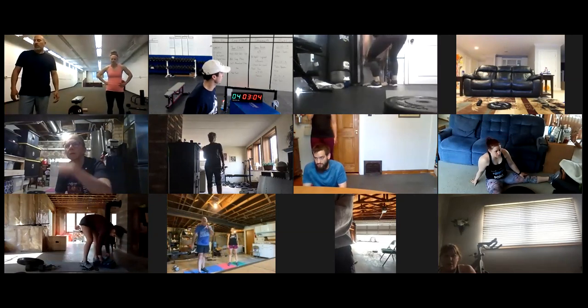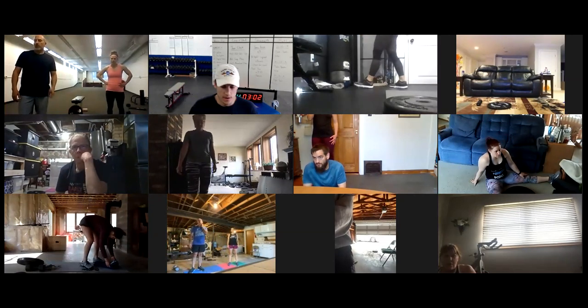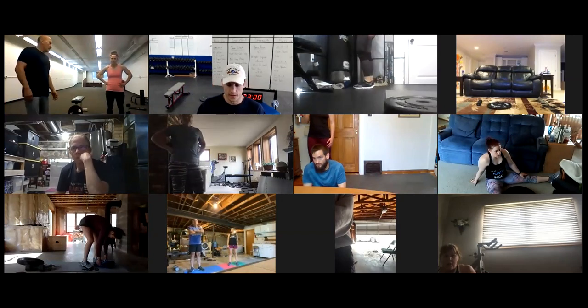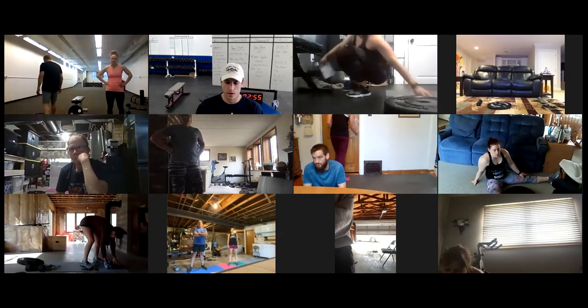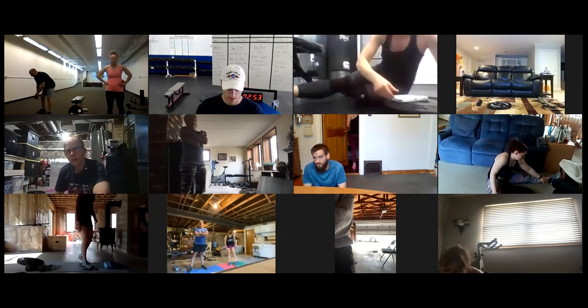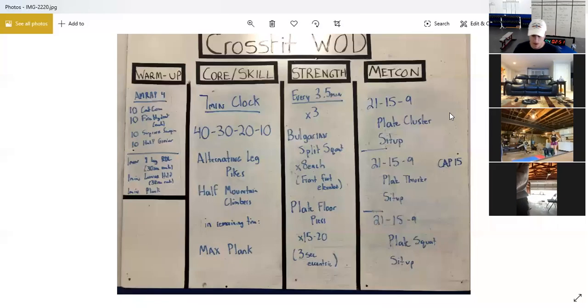I'm going to offer a variation if you'd rather do more pulling, and maybe you have very tender knees, ankles, or hips. But I'm going to go over the first option first. Okay, it'll be 3 separate 21-15-9s. 15-minute cap. You'll start with 21-15-9 plate cluster sit up. Once that 21-15-9 is done, you'll go 21-15-9 plate thruster sit up, and then the last one's 21-15-9 plate squat